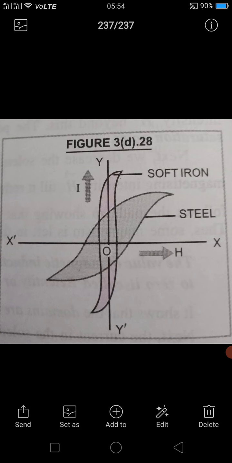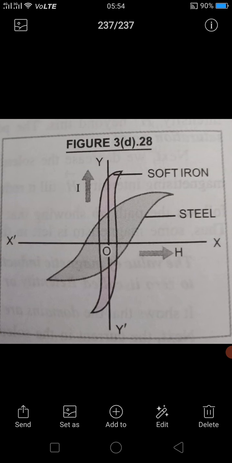that is used for making a permanent magnet must have an important characteristic. They must have high retentivity so that it produces a strong magnetic field. So in case of steel, there is high retentivity as compared to the soft iron, because it is not very less.